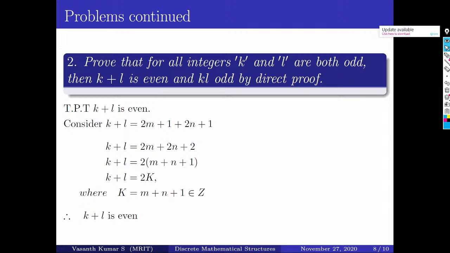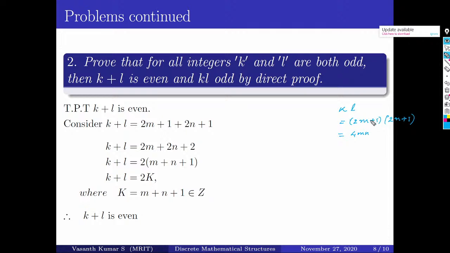Next we shall prove that kl is odd. So similarly k is an odd number. What I want to prove now is kl is odd, right? kl equal to odd. So as they have given, k is an odd number. So consider k as 2m plus 1 and l as 2n plus 1. So simplifying this, expand this. What are you going to get? Expanding this,